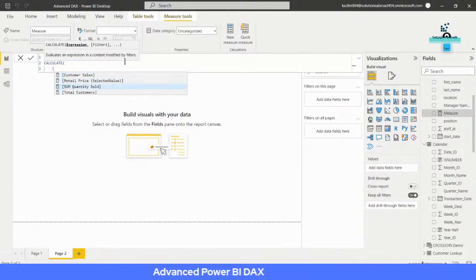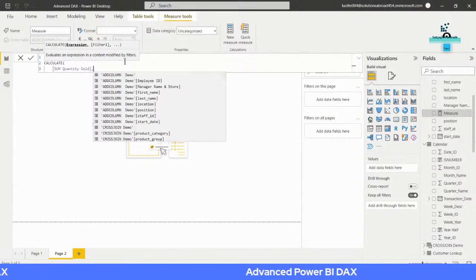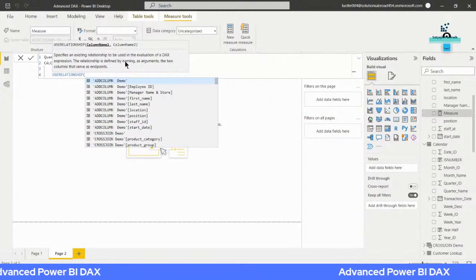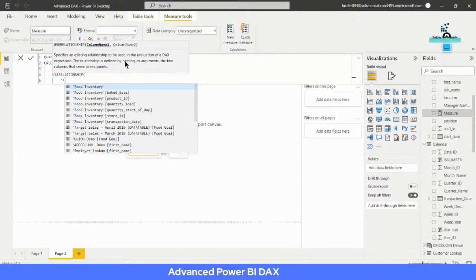Sum of quantities sold. We'll calculate the sum of quantities sold and we'll create a user relationship for the inventory bake date and